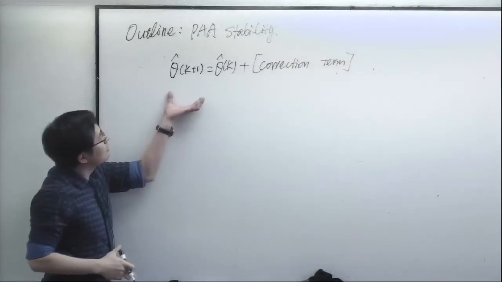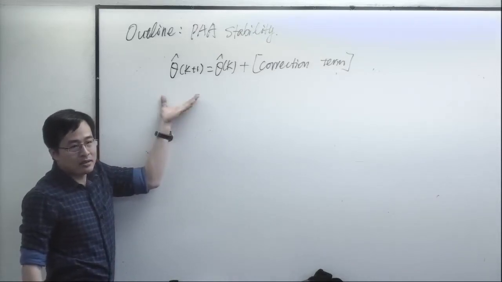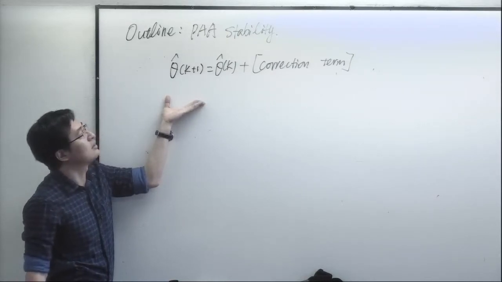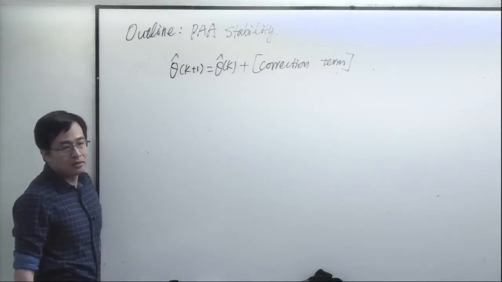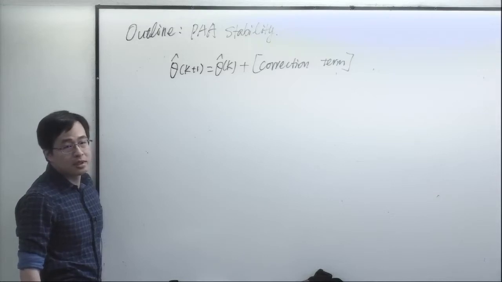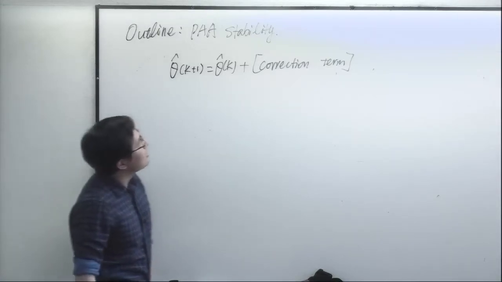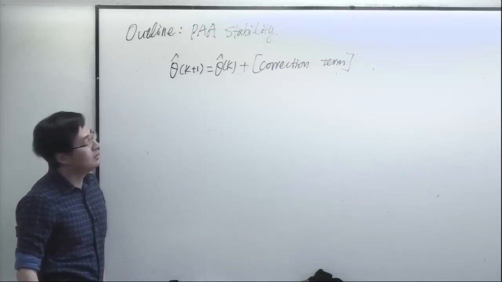We have all seen this is the formula for recursive least squares, and this is actually the formula for general parameter adaptation algorithms, not just for recursive least squares, but also other things. And if you go a little bit beyond to optimization theory, you will see this kind of formula is also very common. But the more you look at it, the more doubts some people may have. Because